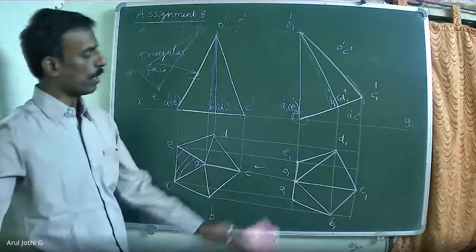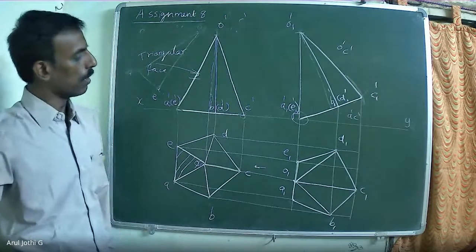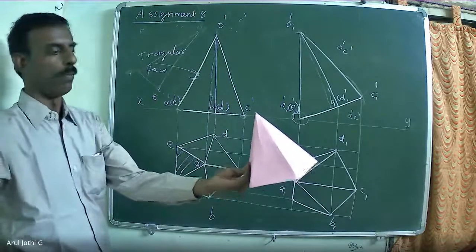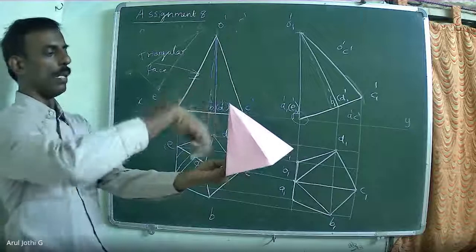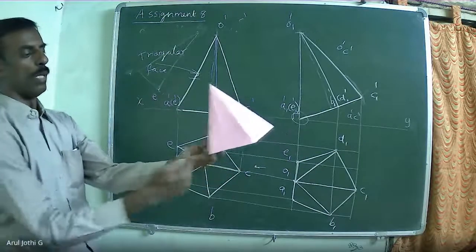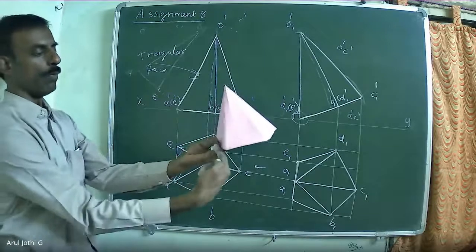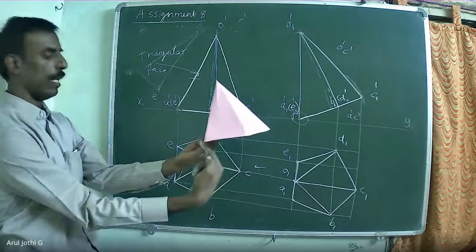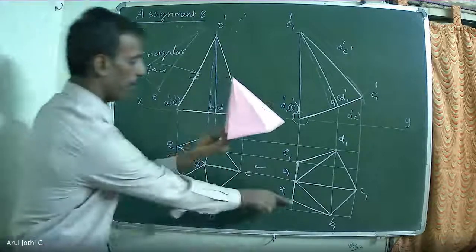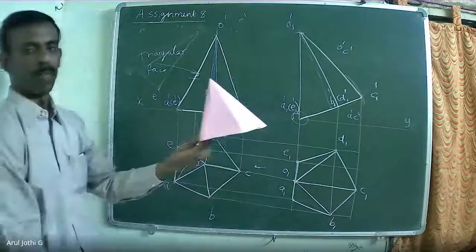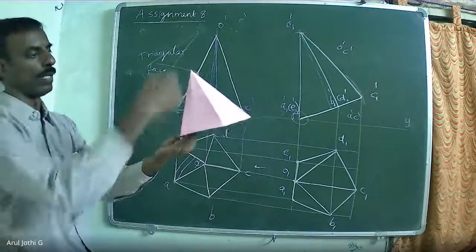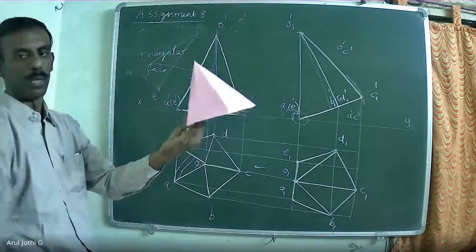Okay, so this is a peculiar case in which, when the slant face is perpendicular to both HP and VP, all the base sides and all the slant edges are visible. The only thing is this base side AE will not be visible in the top view, but that cannot be shown as a dotted line because it is coinciding with the visible slant line available here. These two slant lines are visible in the top view.